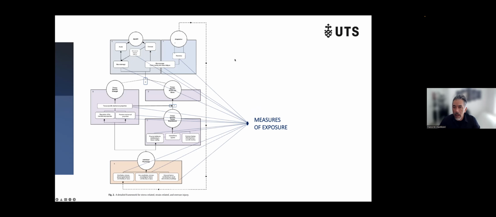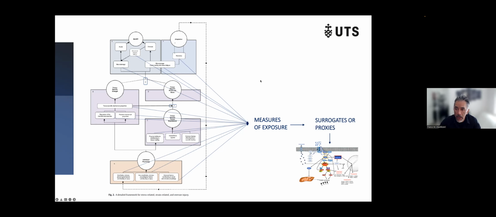And of course, these are complex multivariable phenomena, so I may potentially have a lot of measures, because I have a lot of mechanisms. The problem is that most of the time we don't have adequate proxy measures of these mechanisms, because you have to think that the measures are almost always surrogates or proxies, because the ultimate